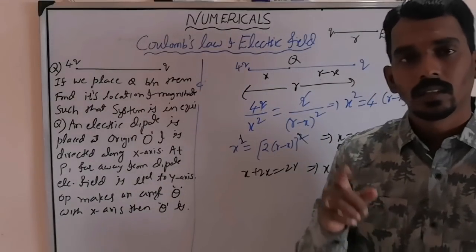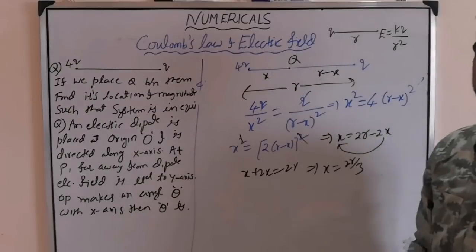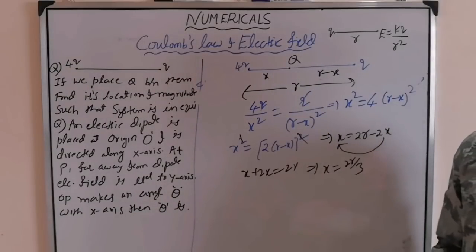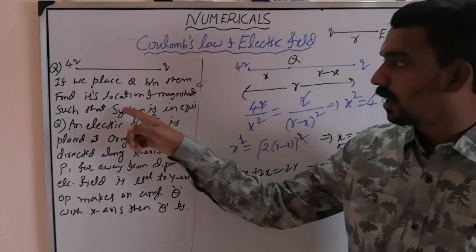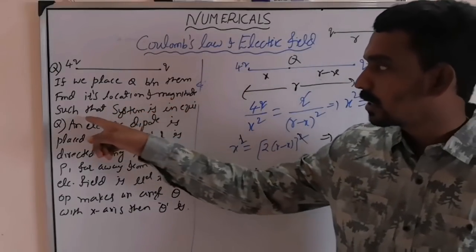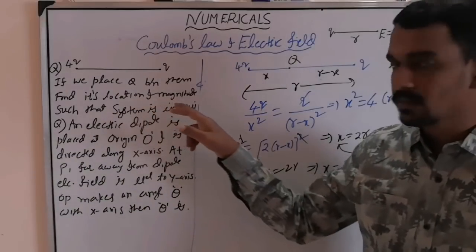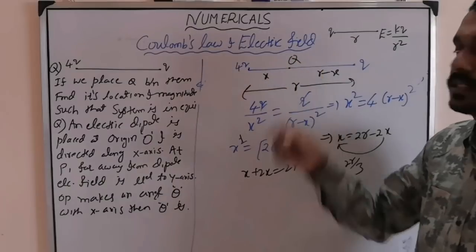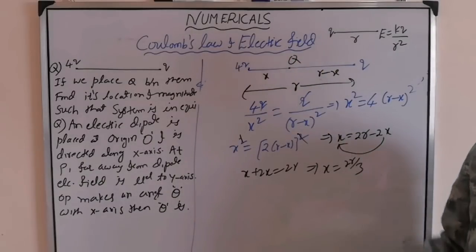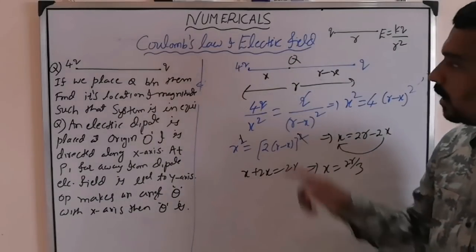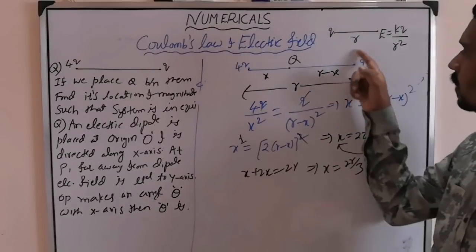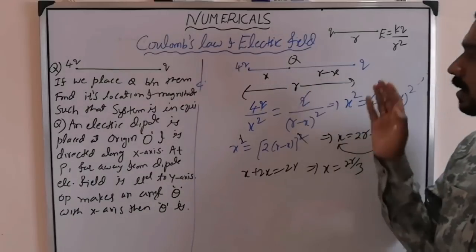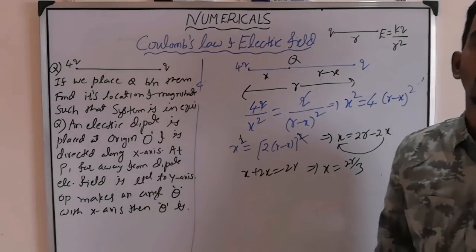But here the whole system should be in equilibrium, they are asking. Then you have to find the magnitude, such that location as well as charge. Location as well as what should be the magnitude, they are telling. To find this charge value, then you have to take either this or this. And the net force on that must be 0.